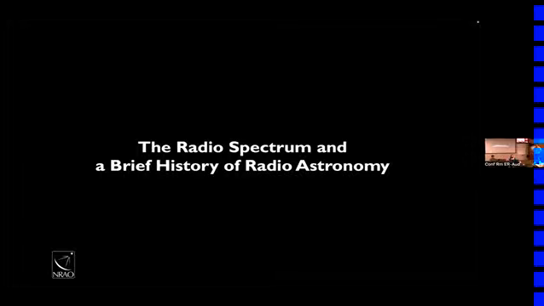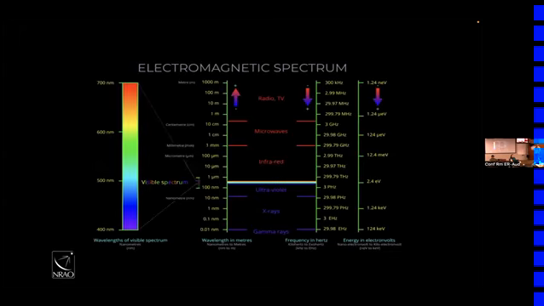So, a brief history. So here's the electromagnetic spectrum. This is a plot that you've seen in various forms all the time, I'm sure. But basically on the left there, going from bottom to top is wavelength. And then from top to bottom is frequency. Of course, those are inverse, right? High frequency are short wavelengths. So the part of the spectrum that our ancestors looked up at the sky with is this very narrow part of the spectrum that is the optical part of the spectrum.